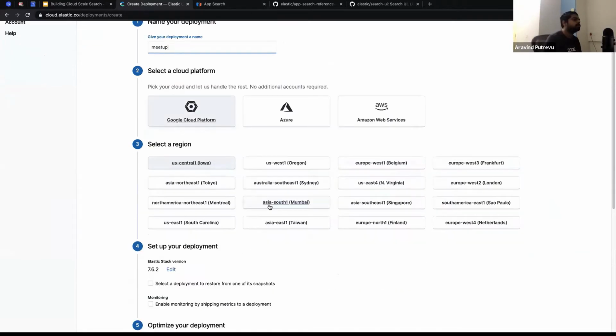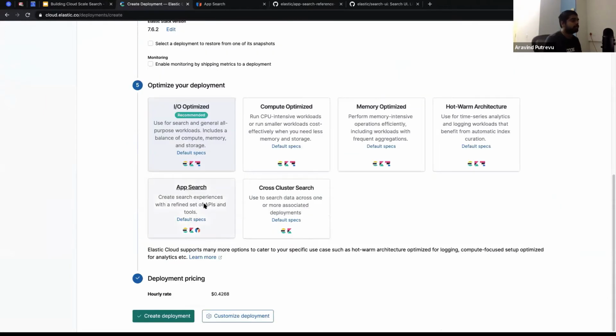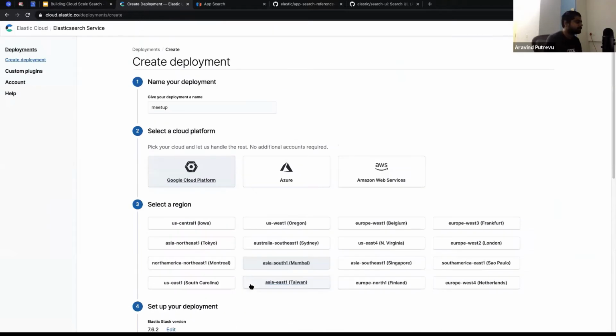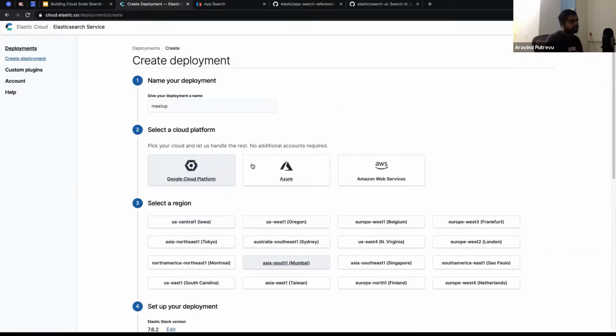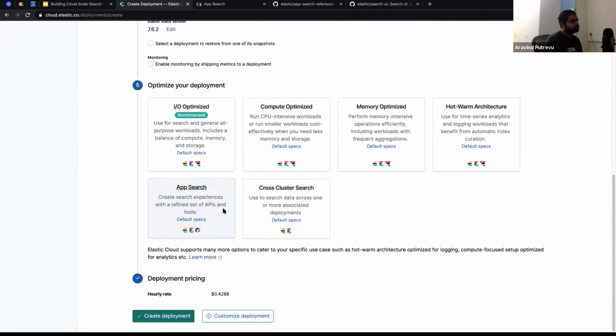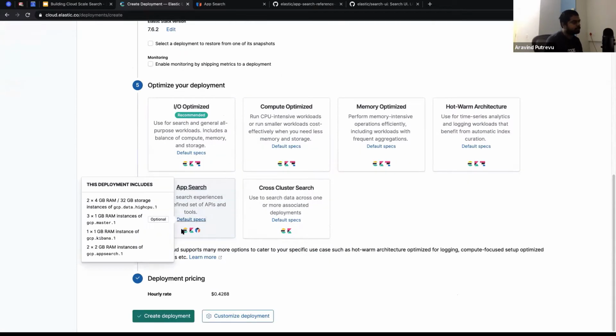I'm not going too fast, so that it's easy for you to consume. What I did is I just started a deployment. I chose app search as a template. You can see the default specs, and if you want, you can also increase the RAM and other stuff.